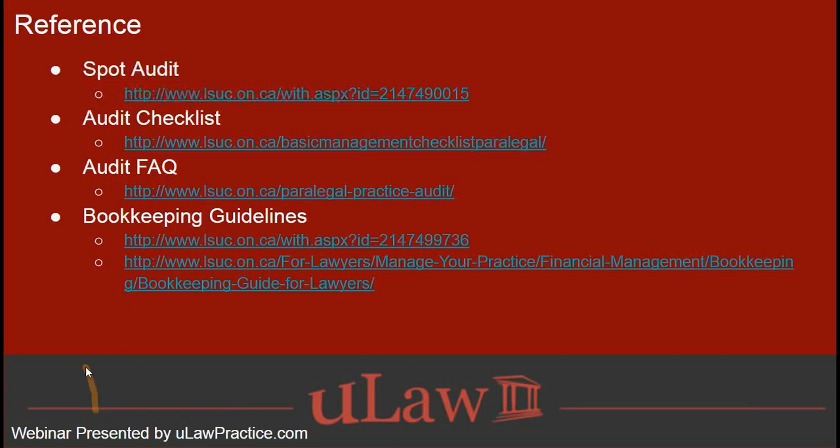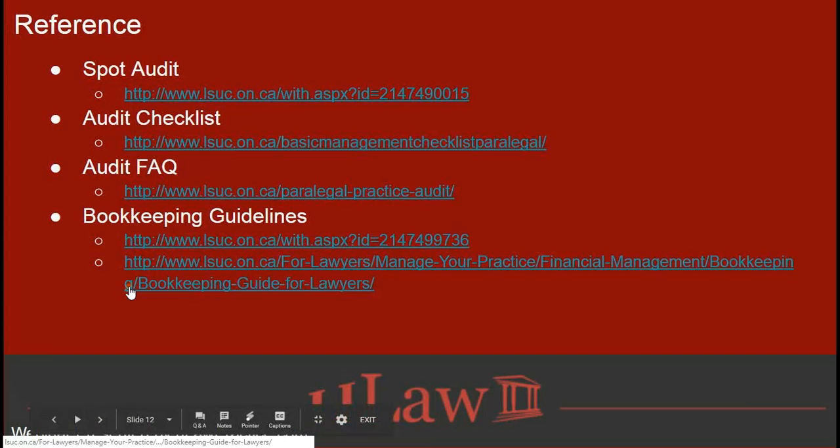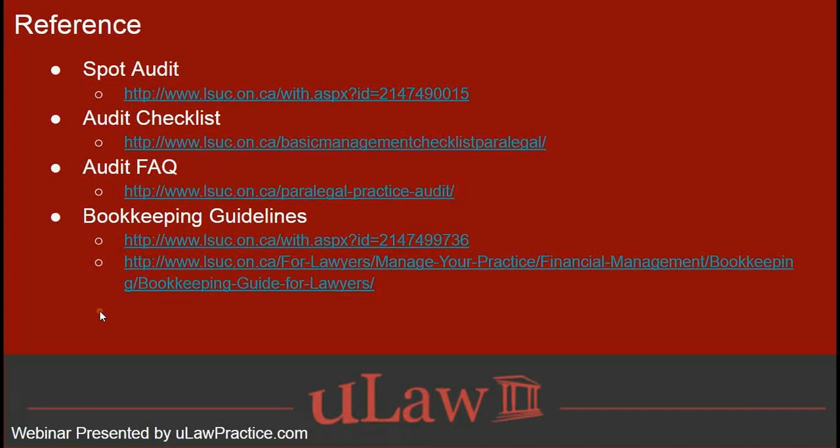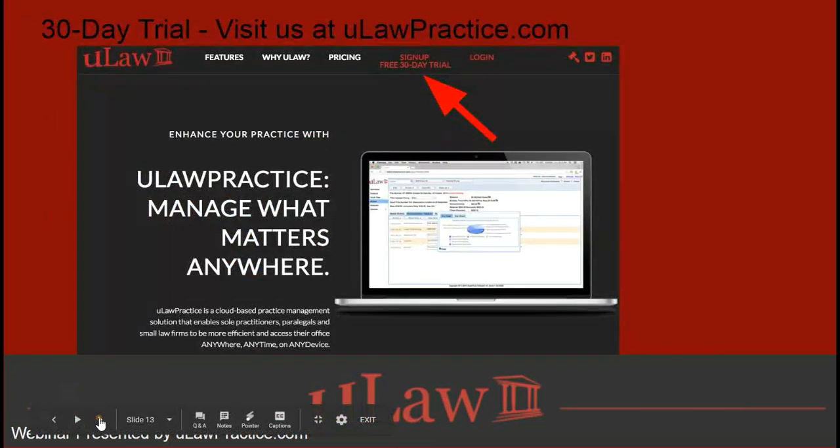Form 9As are jurisdictional as well. So if you want to know more about it, do visit the LSO's website. We may have to update these links because it says LSUC. It's now changed to LSO, as the Law Society changed it. And for our friends from British Columbia, Alberta and New Brunswick who have joined us today, you can Google them for your individual jurisdictions. You could search British Columbia bookkeeping guidelines, and they have a published PDF for that as well.